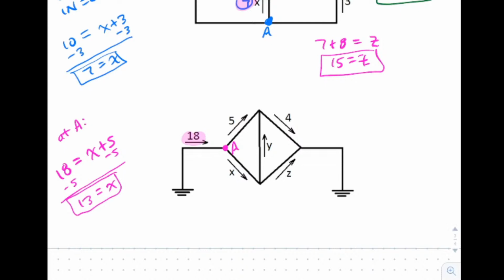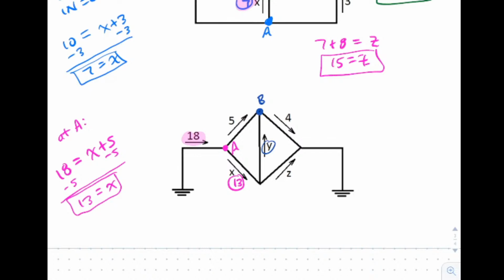So this is a 13 right there. Cool. Let's go get Y. If I want to solve for Y, I have to go to one of these two junctions, because that's where Y hitches up to. I don't quite want to use this one because I'd be dealing with a Z that I don't know yet. So I'm going to want to use that junction. I'll call that my junction